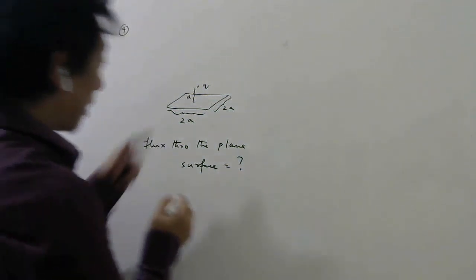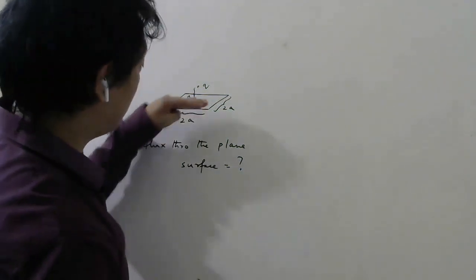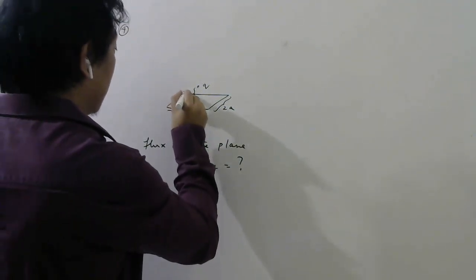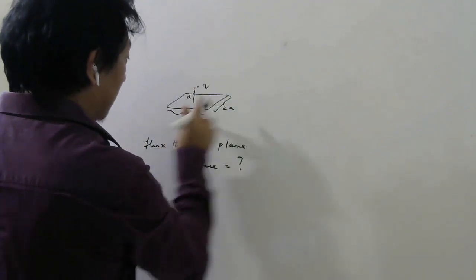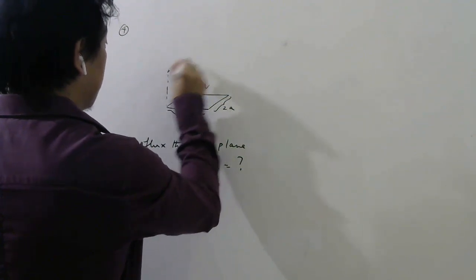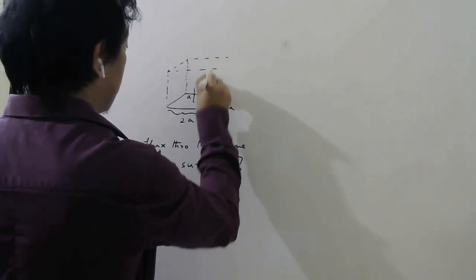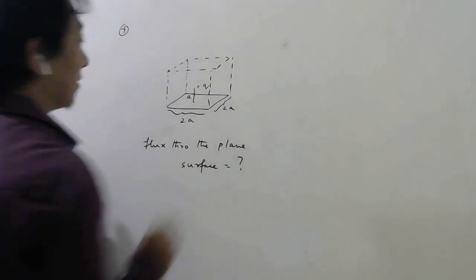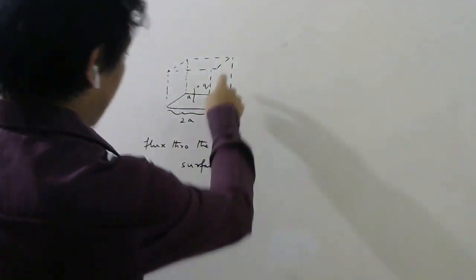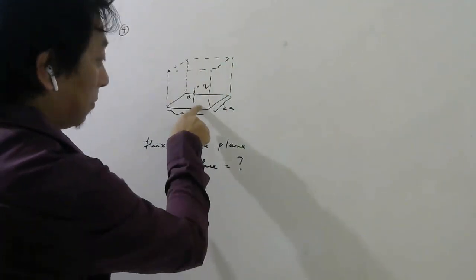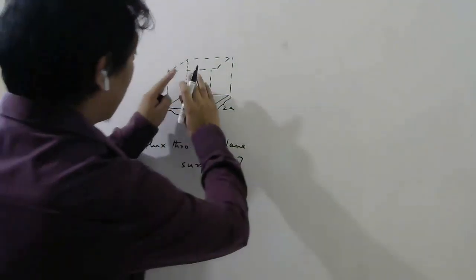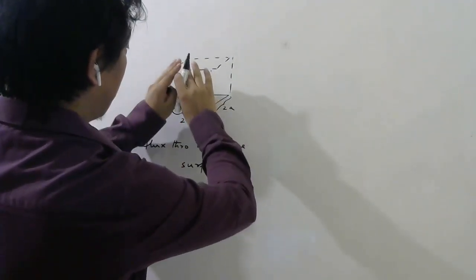Look here. Can we make use of Gauss law? No, we cannot because this is an open surface. It's a flat surface, open. So what we will do, look carefully. Since this is at a distance A and this side is 2A, let me do some construction. Like this. So what I have done, I have surrounded this charge with another 5 plane surfaces. One plane surface is already in the question they mentioned. Right? I constructed another 5, this side, that side. So I constructed a cube.